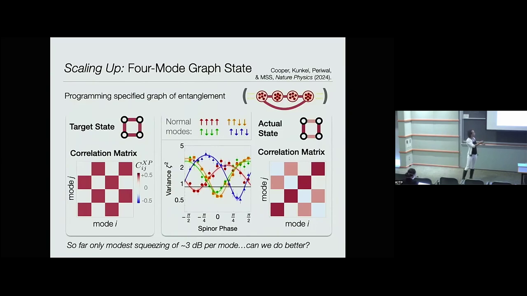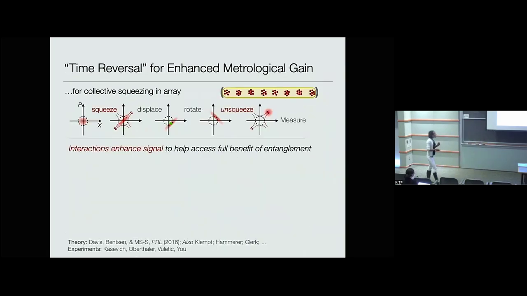One thing I want to first comment on is, so far, the amount of squeezing is fairly modest. It's about a factor of 2 per mode, and we might want to do better. And it turns out one way we can do better is actually recognizing that some of what's limiting us is actually not our ability to prepare the state, but our ability to detect it. And so we can actually use the cavity not only to do the initial squeezing, but later to actually amplify our signal to better let us benefit from the squeezing.